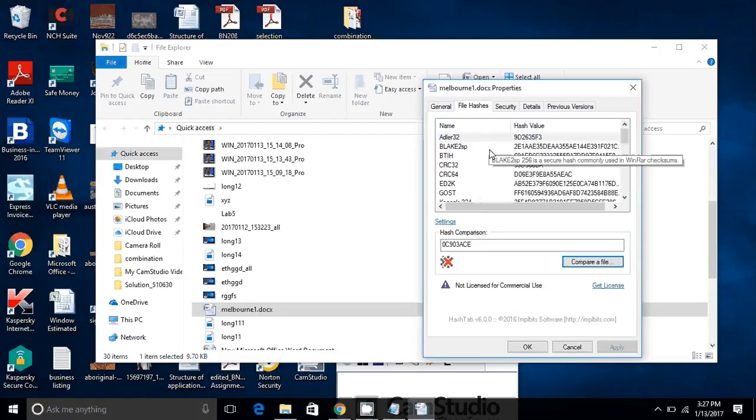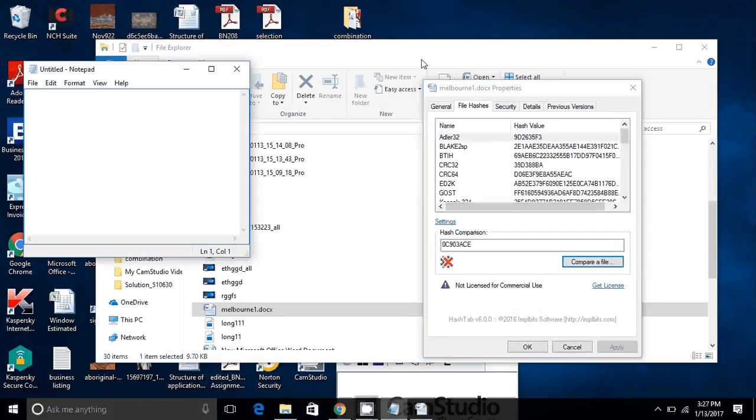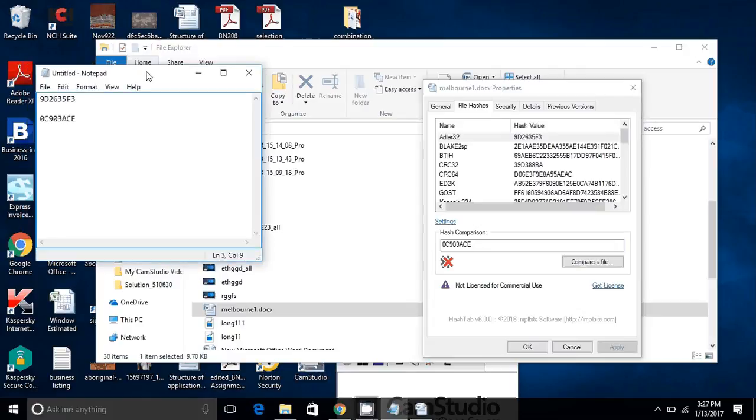of each document is different. Here I can show you in Notepad. This is the digest of Melbourne1 and this one is from Melbourne2. Yeah, you can see it's completely different.